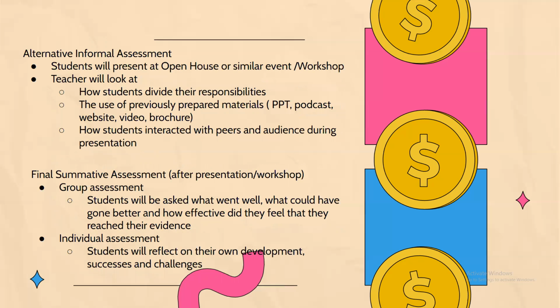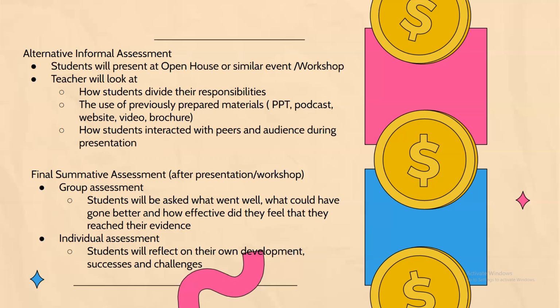There's also going to be an alternative informal assessment. As mentioned earlier, it can take place at an open house or similar event in the form of a workshop. At the time, the teacher will look at how the students divide their responsibilities, how they use the materials they prepared previously, like I mentioned, the PowerPoint, the podcast, the website, or video or brochure. And the teacher will also look at how the students interacted with their peers and their audience